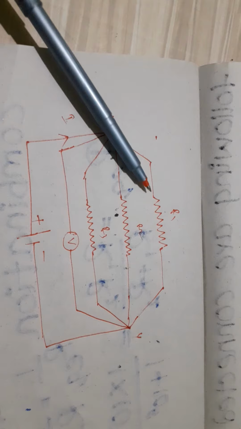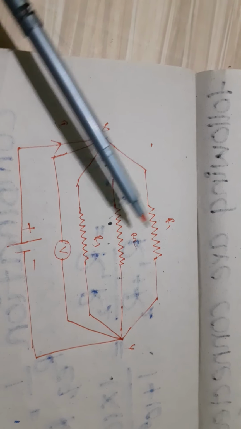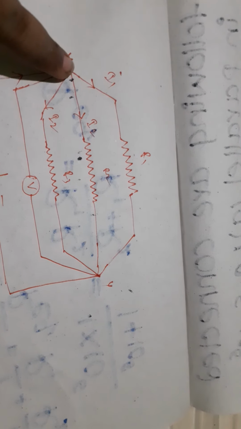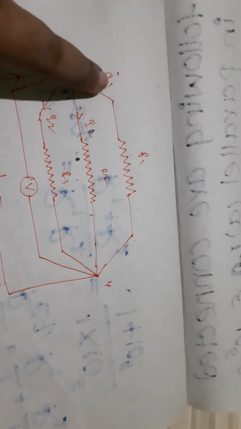This is the circuit symbol of parallel combination. So I am asking one question. In this circuit, R1, R2, R3, these three are resistors. We have to find out each resistor's current. At junction X, the total current I is divided, and each resistance passes the current I1, I2, I3. So what about the potential difference?